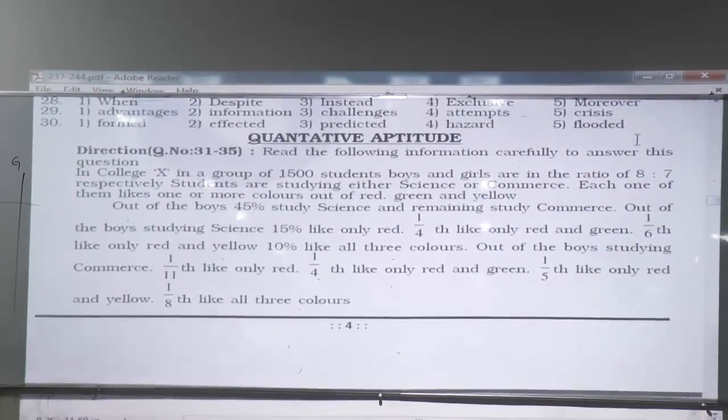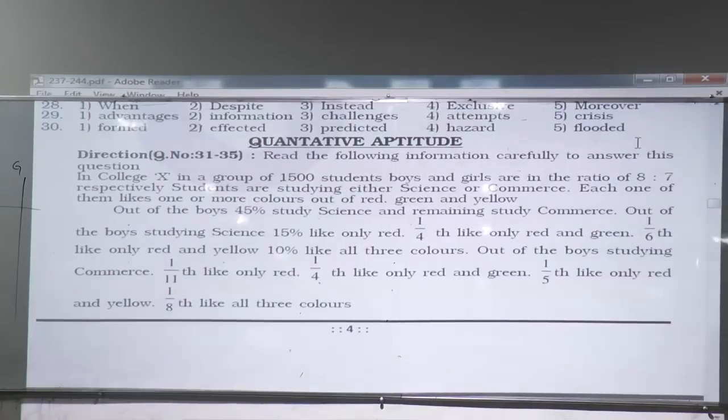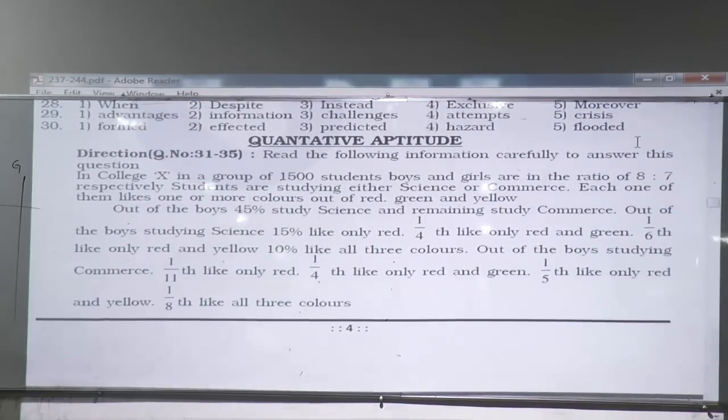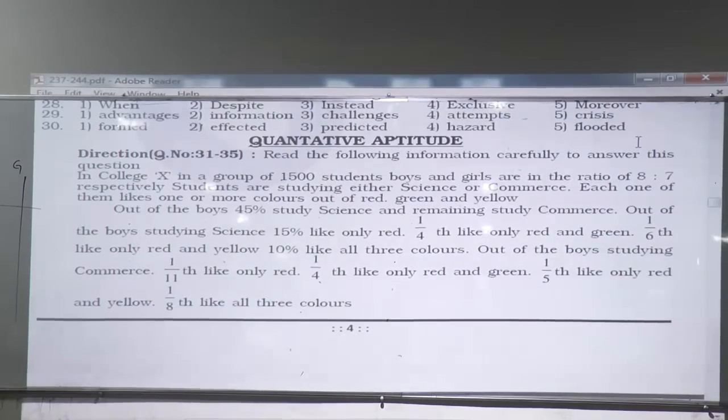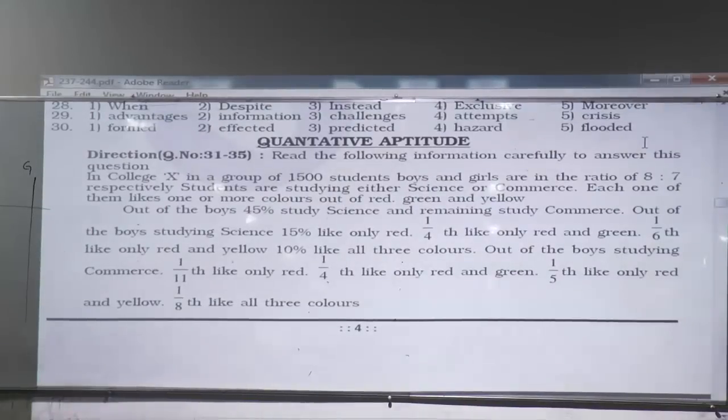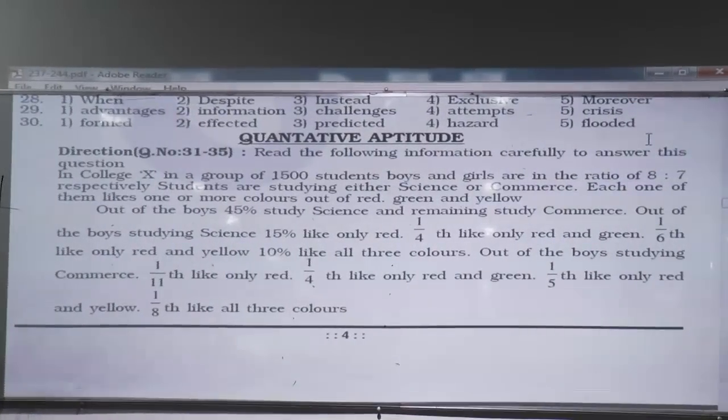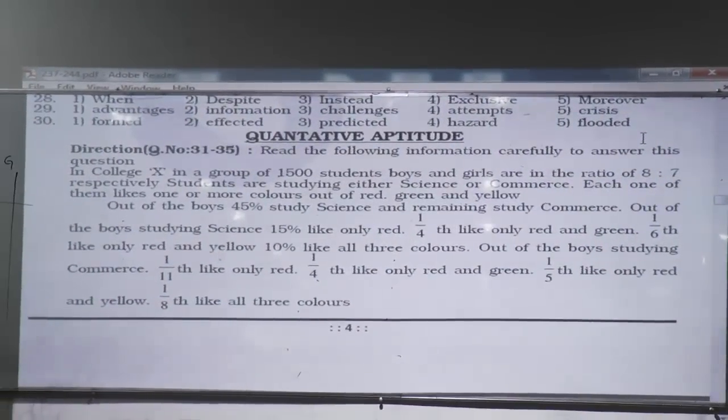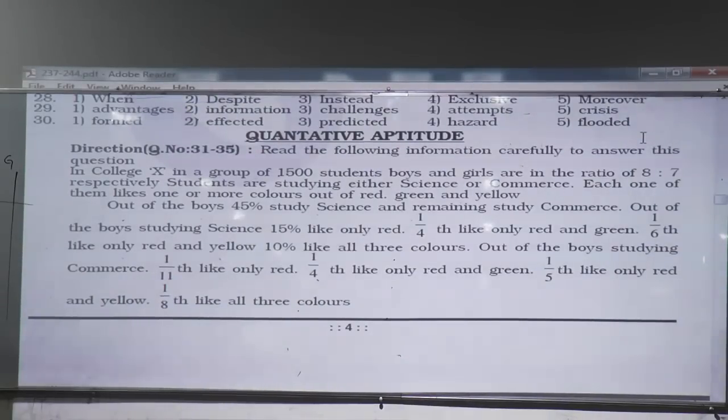Next, comparing 31 to 35 and 36 to 40, you can complete 36 to 40 first, because the numbers were directly written there. Next, 41 to 45, approximation: square, percentage, and then under root. But still okay, under root values, look at the numbers, 900, 256, 576, 289, all are easy. And then squares also, 17 square, 26 square, and then 6 square, easy to calculate. So 41 to 45 is also simple.